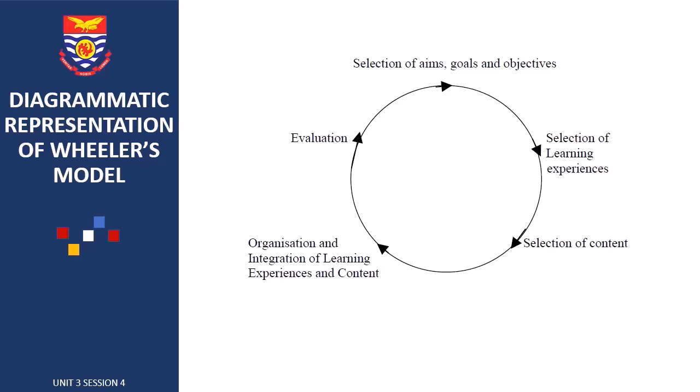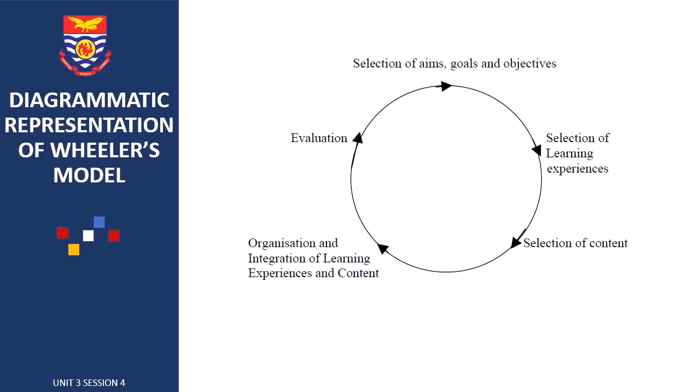From the top, selection of aims, goals and objectives. Then it points to selection of learning experiences. Then selection of content. Moving to organization and integration of learning experiences and content, to evaluation, which can also go back to the first selection of aims, goals, and objectives. As you can see, Wheeler's model has 5 components instead of the 4 components of Tyler and the 7